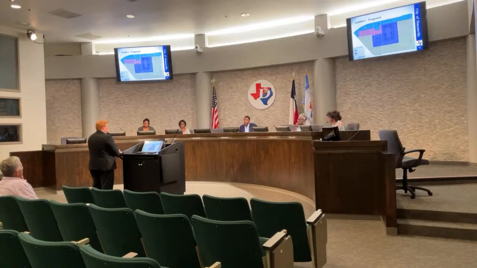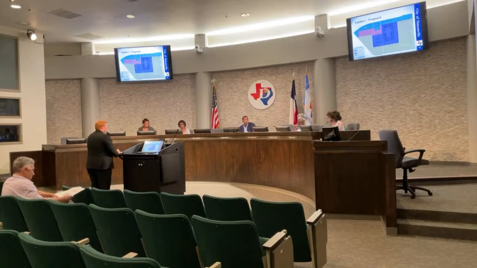And I think the neighbors will eventually come to appreciate the reduction in height that's nearest those already existing residential uses. And so